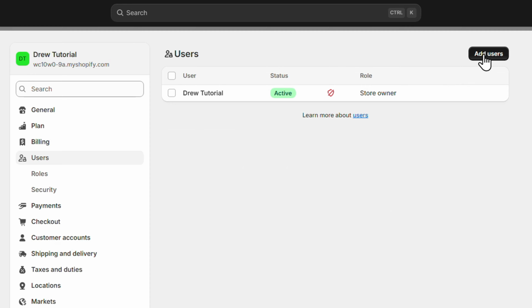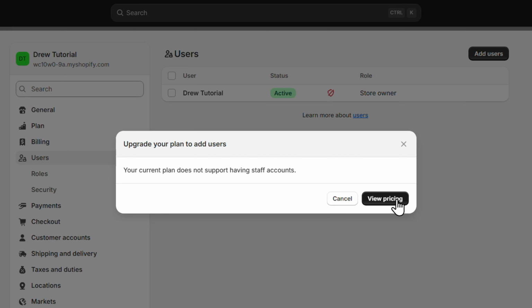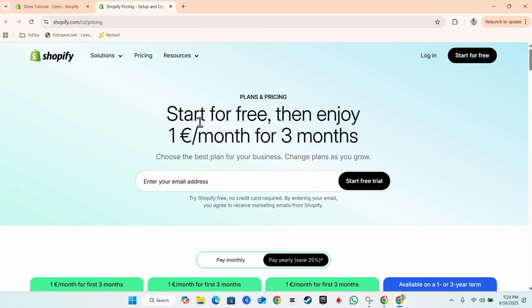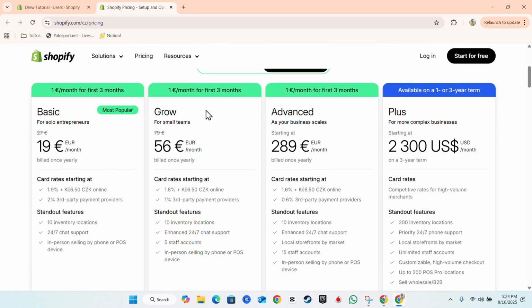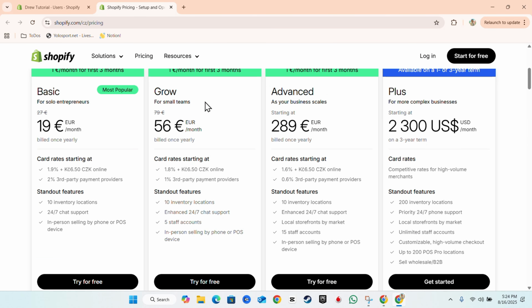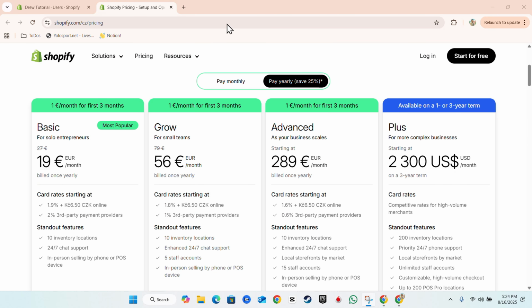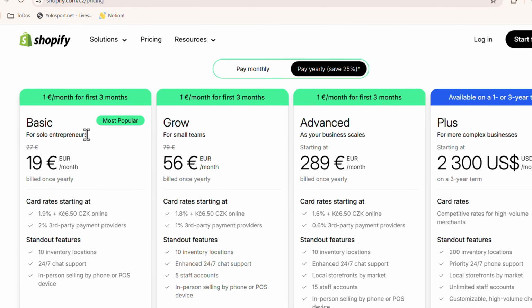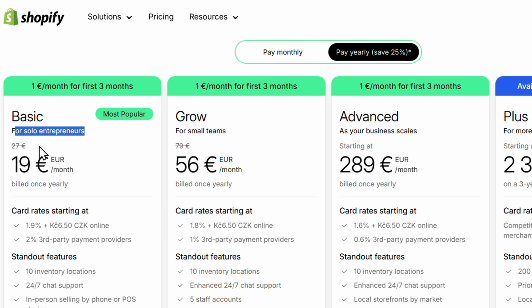So in order to add them, I'm going to go ahead and show you the plans that will allow you to add users. So if this is something that you want to do, let me share with you the plans that allow you to actually do that. So now that we're here under the plan section, you will see the options, right? So which plans allow you to do it? So the basic plan is for solo entrepreneur only. So if you just want to have one account, you want to do it all by yourself,